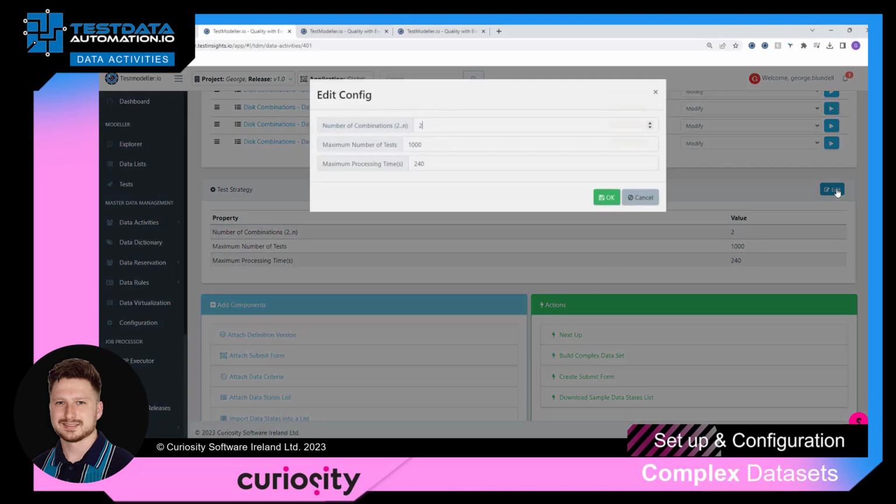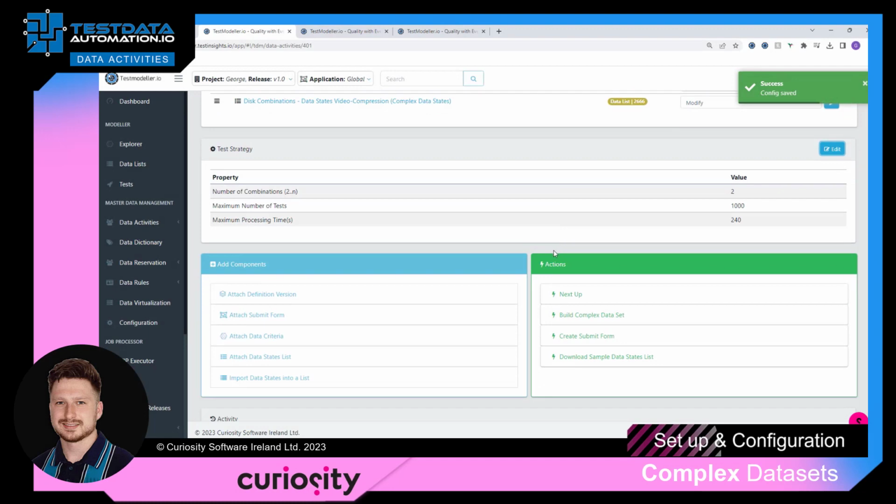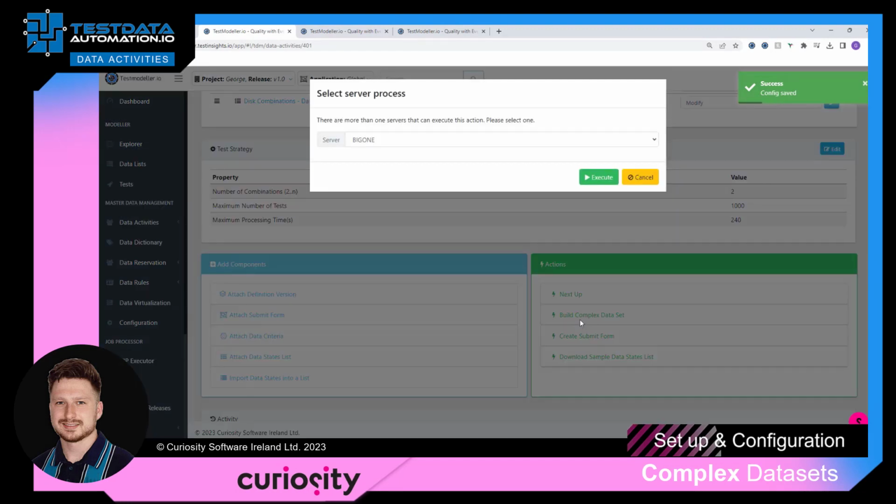To do this, press Edit. Here we have 3 different configuration settings. You can find more information about what these do exactly in the description below. For now, let's keep the defaults, press OK, and now we can come in and actually build the complex data